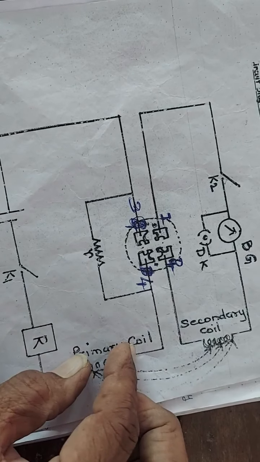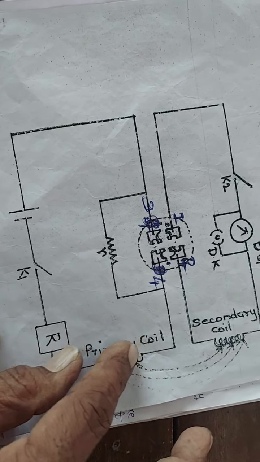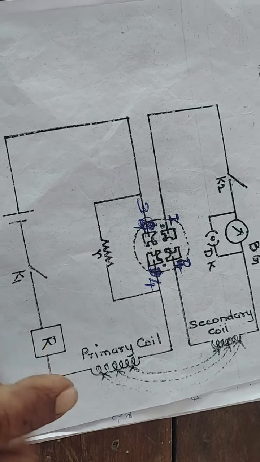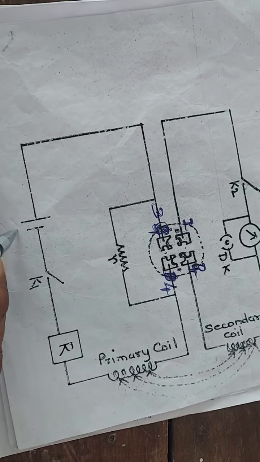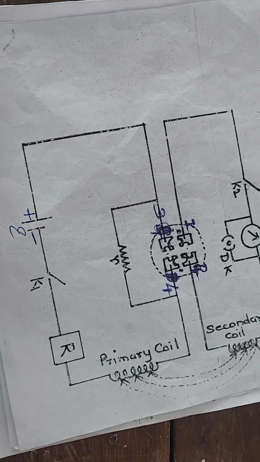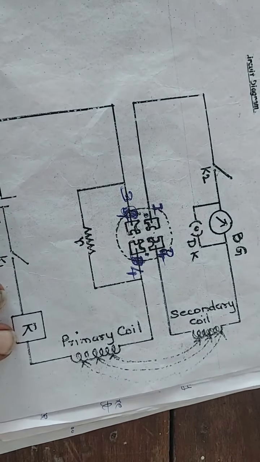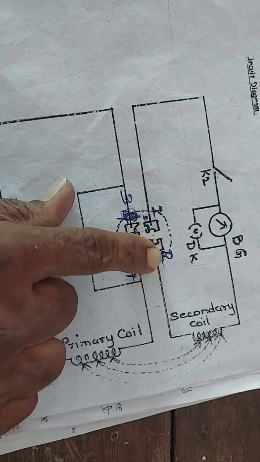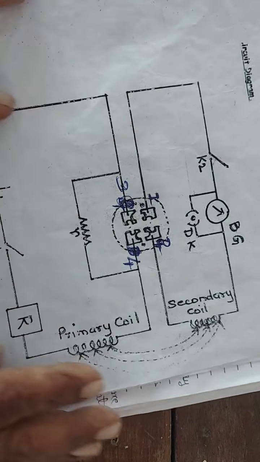So you can see the circuit diagram here. This is the primary coil of the transformer. This is a resistance box. This is key K1. This is a battery, with positive terminal of battery and negative terminal of battery. This is a commutator key having four gaps, gap number 1, gap number 2, gap number 3, gap number 4. This is a fractional resistance small r.